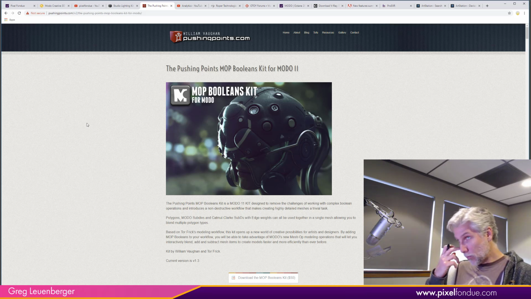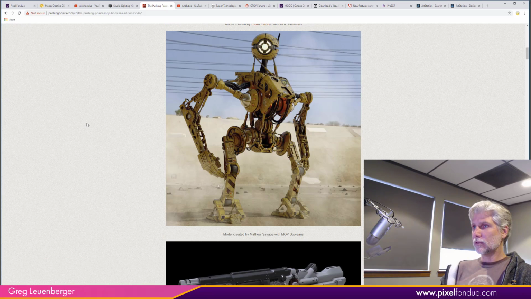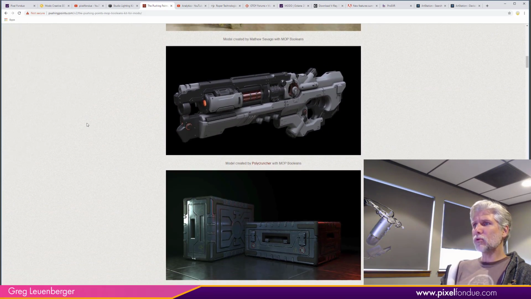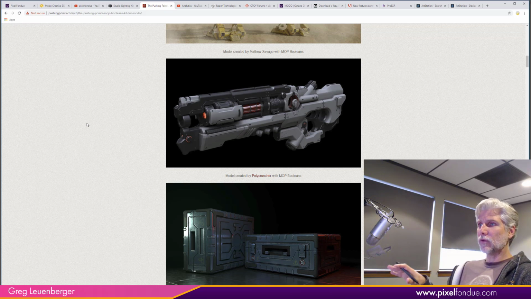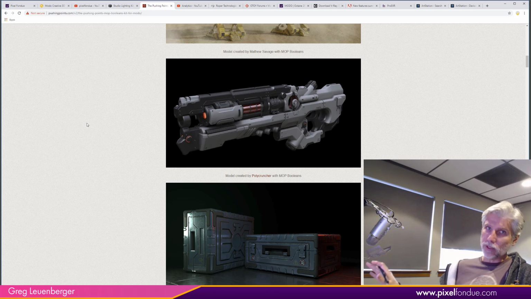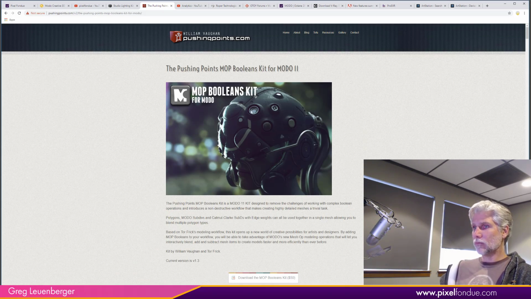There's a new update to Mobillions from William Vaughn, and that's detailed in Pixel Fondue as well. Nice looking gun there. Mobillions is used by a lot of people who, even though it takes advantage of the mesh operation system in MODO, don't really get into mesh ops in MODO. They just use Mobillions. That's their tool for procedural modeling, and without really delving into MODO, it has a really nice UI on the front end that I think William created in collaboration with